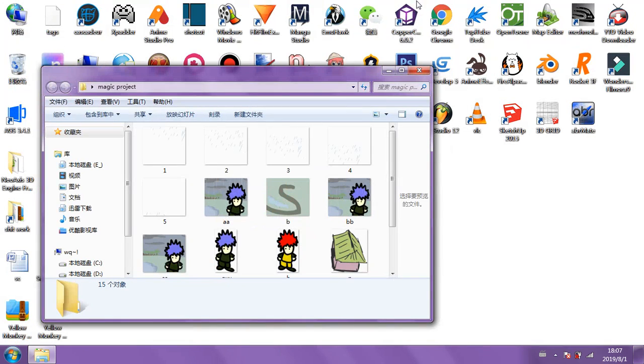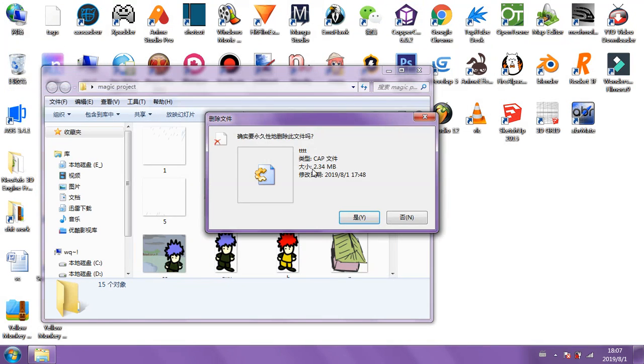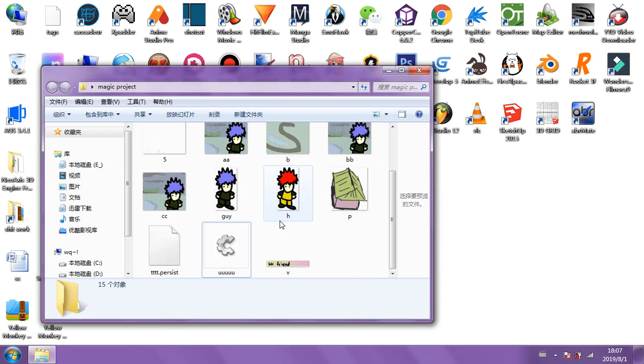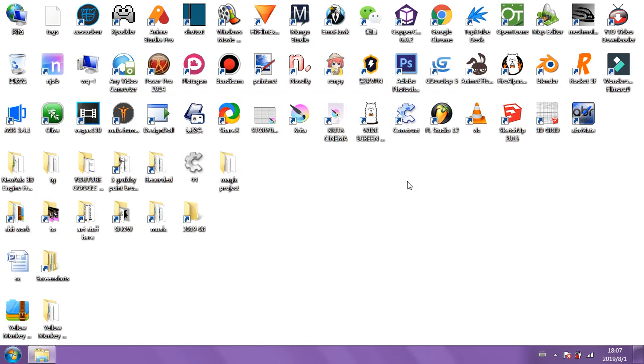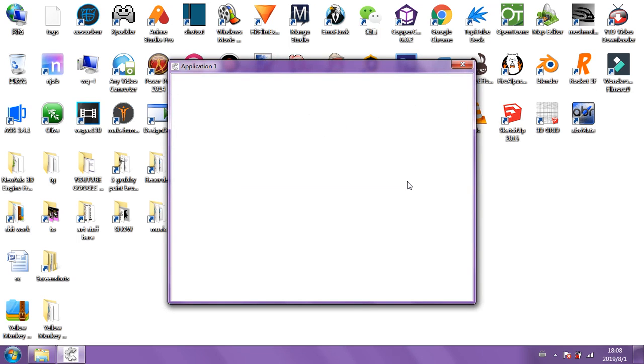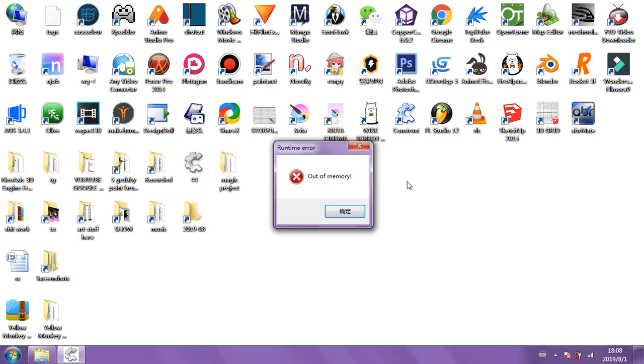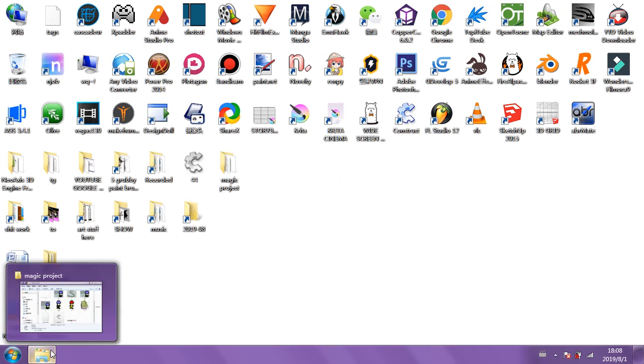I've actually saved a version of this, but I don't think this game works properly. So let me just give it a test. I want to show you what I've got. If it will load up, then good. If it doesn't load up, then don't worry. I'm going to take you through this again and try to get it to work this time. Okay. So this should be, if it loads up, which I don't think it will. But this is a game I was putting together in the style of Zelda, and yes, out of memory, it doesn't work. Let's just do it then.